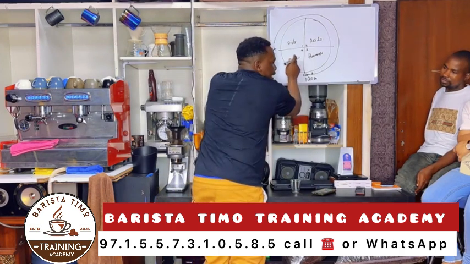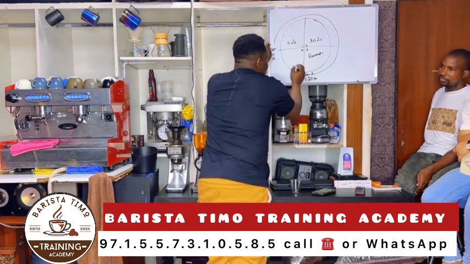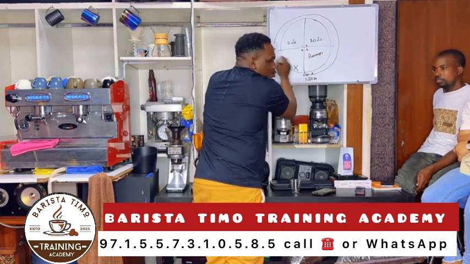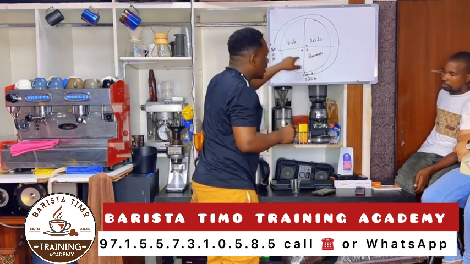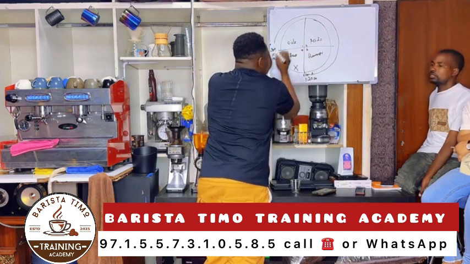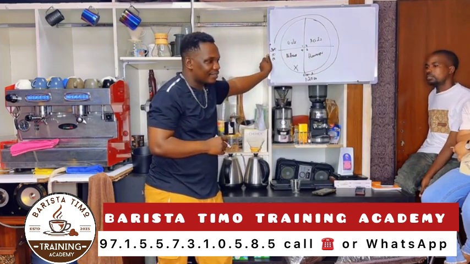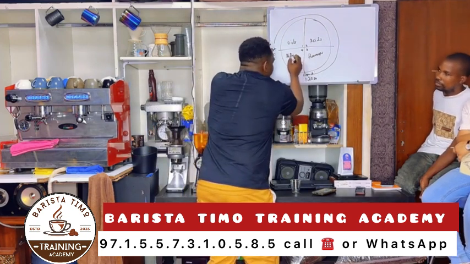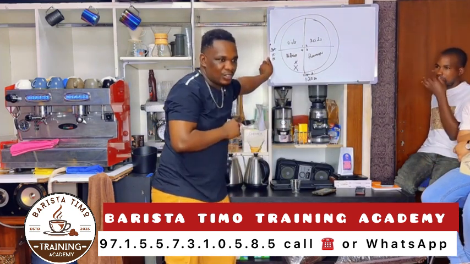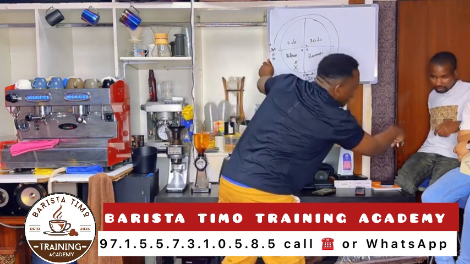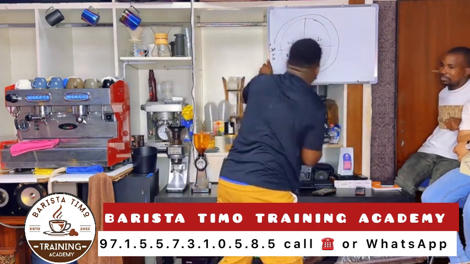Do you know why we stop? Because we don't want to go in this zone. This is zone number X. This is the zone that we don't want to go. Because tell me, what is in this zone? Only bitter. You understand? We don't want to go into the bitter zone. Because if we add bitterness into our already extracted coffee, all the coffee will become bitter.